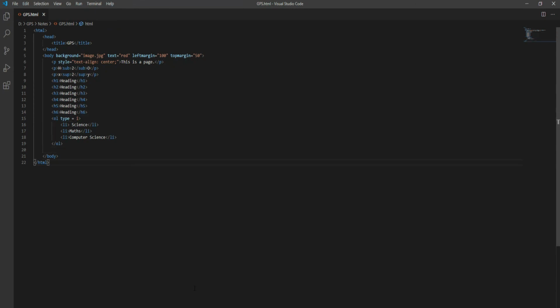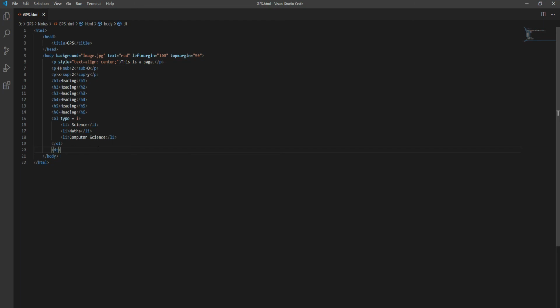Now we will discuss the description tag. What is the meaning of description tag? It means that, let's suppose we are writing a definition related to a heading, then how can we show that this is a heading and this is the definition related to this heading on our web page? So we have a different kind of tag, that is DT. DT means description tag, and we have to write our description tag here.